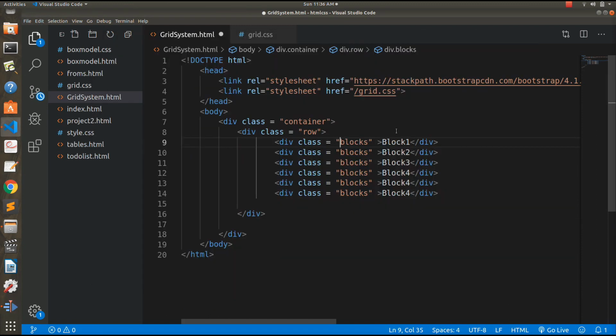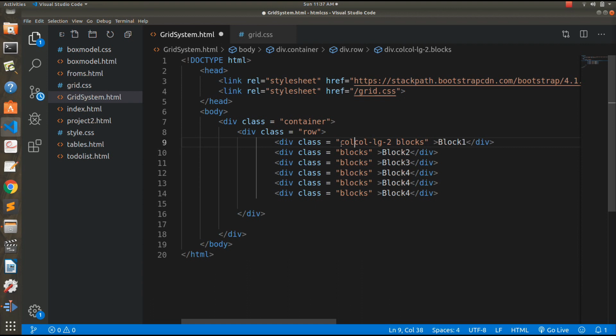Okay. So what we want is that in the large size, we want the screen to look as it is right now. But when it resizes to a mid size, then it should show two rows with three columns each. And then on further resizing, it should show three rows with two columns each. So let's see how we can do that. For the large size, we will write like this. And now for the mid size, we will write like this.